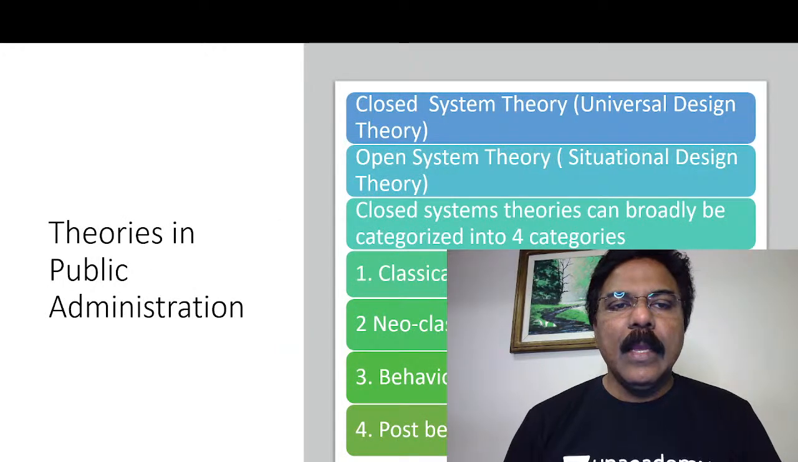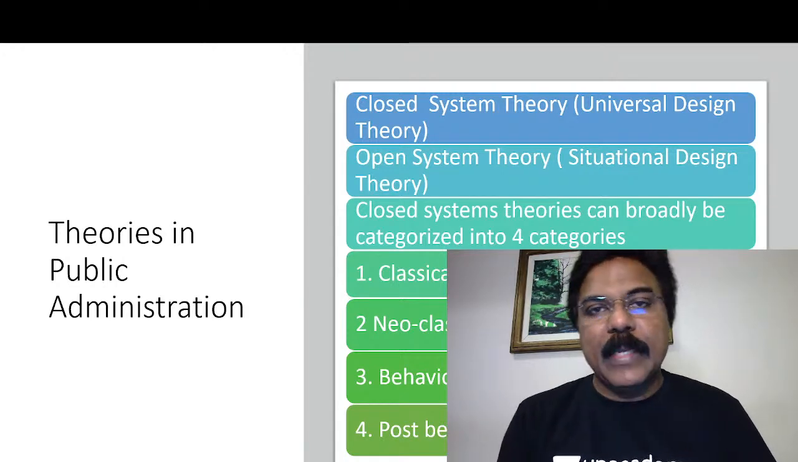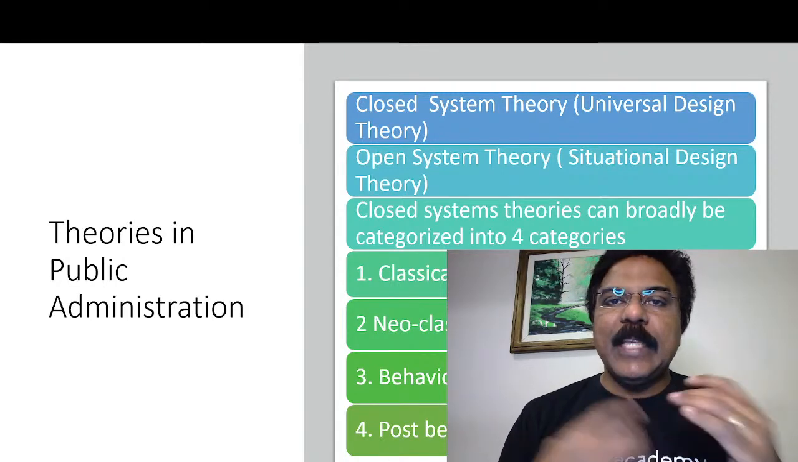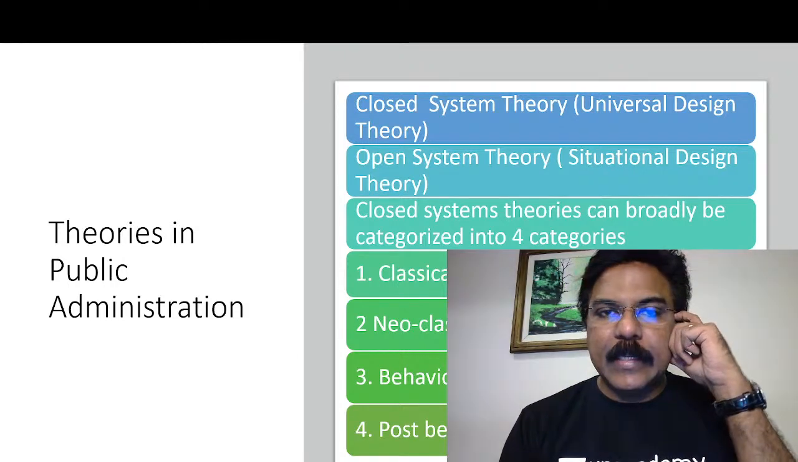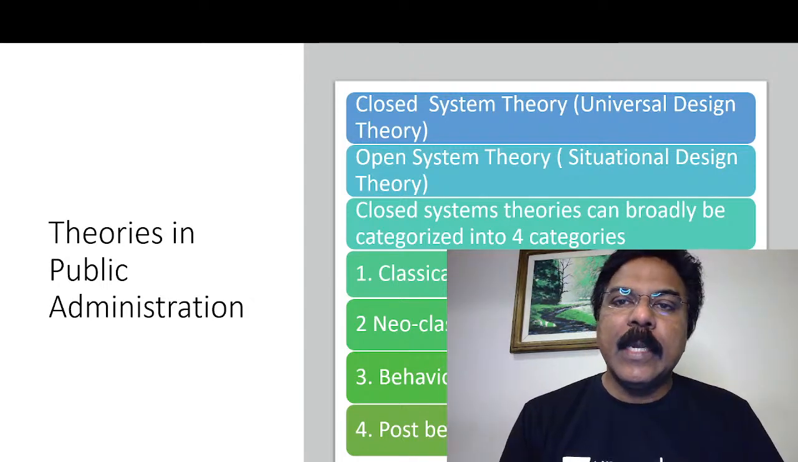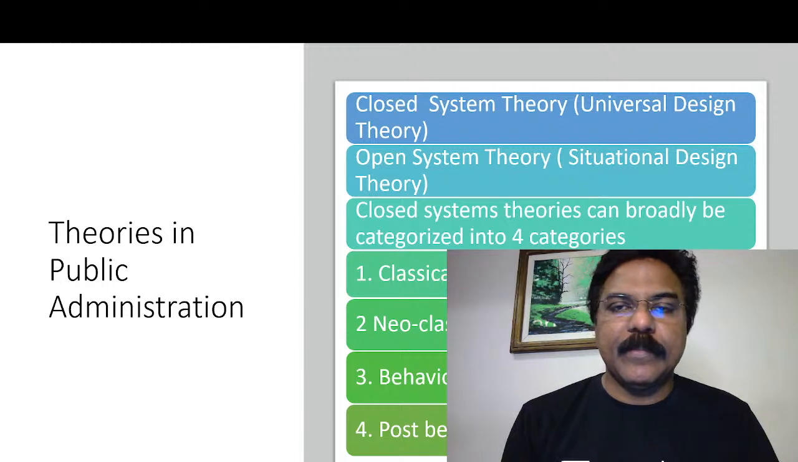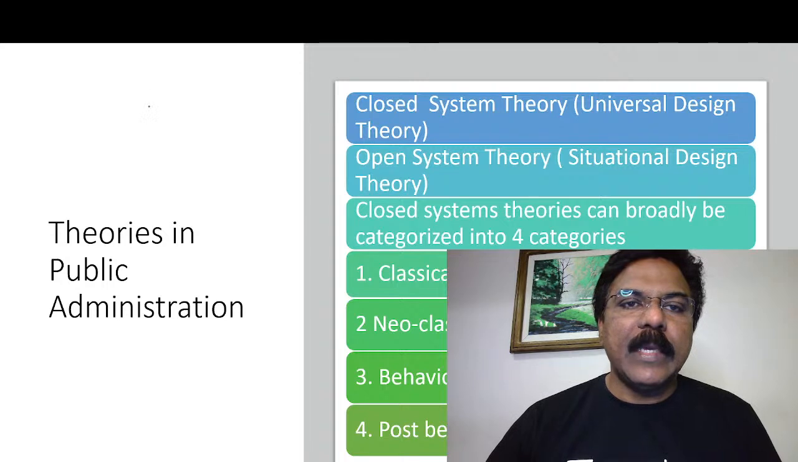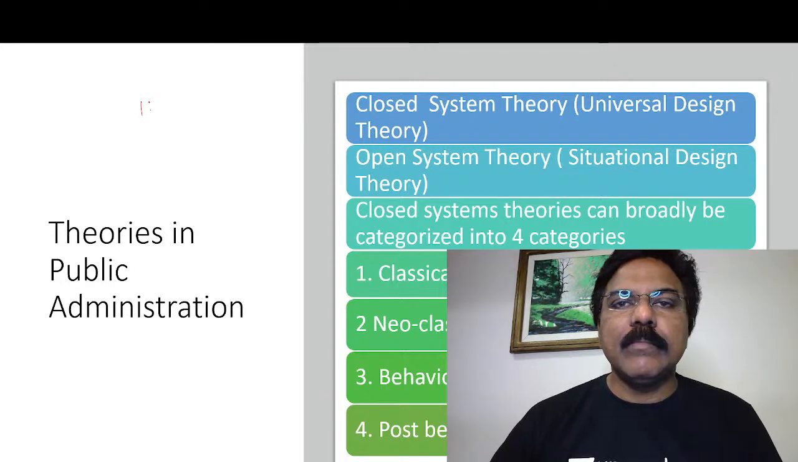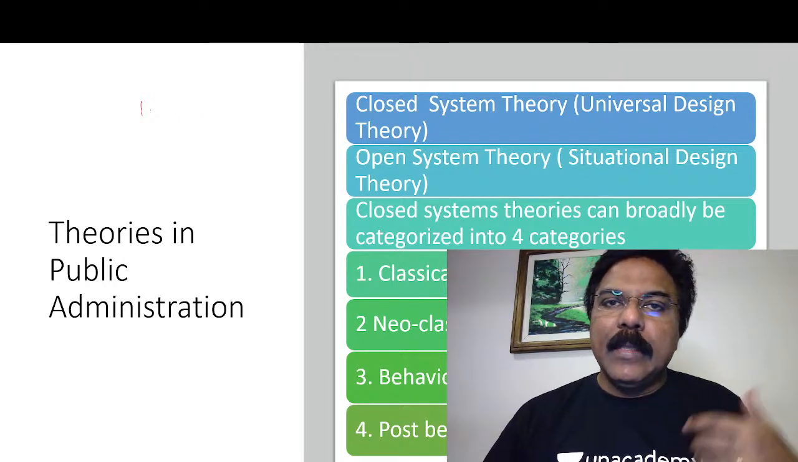When you approach theories of public administration, please understand that there are two systems of theories: closed system theories and open system theories. Closed system theories are also known as universal design theories, and open system theory is known as situational design, that is, according to the situation. As can be understood, closed system theory does not take into account the ecology, that is, the social,